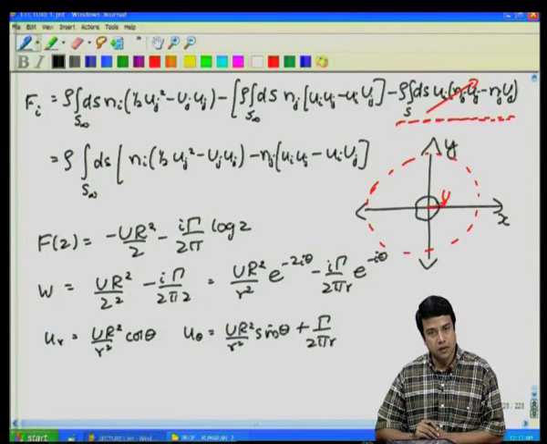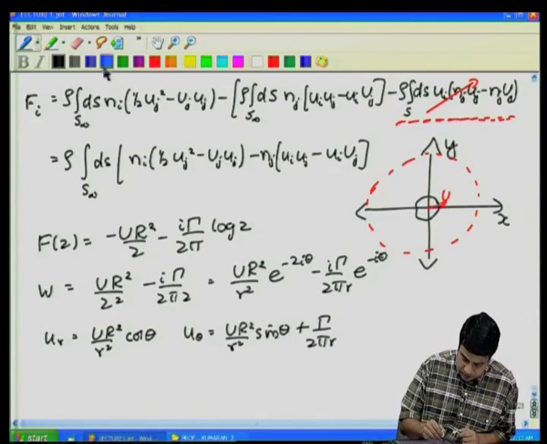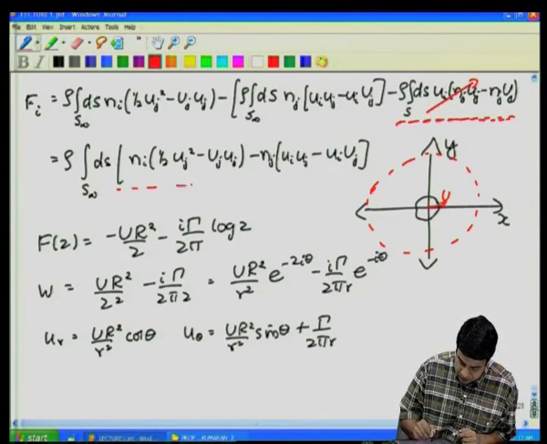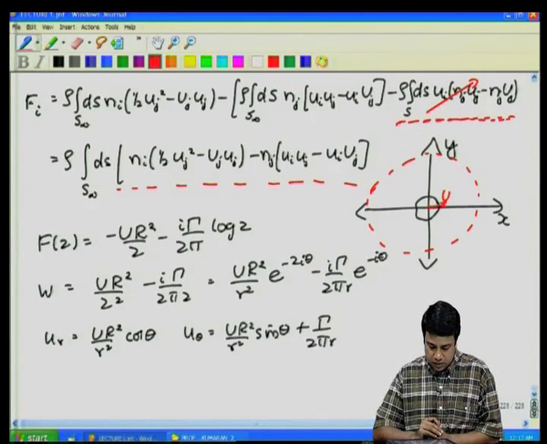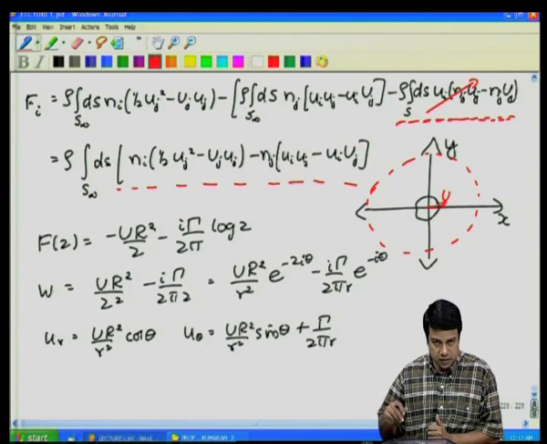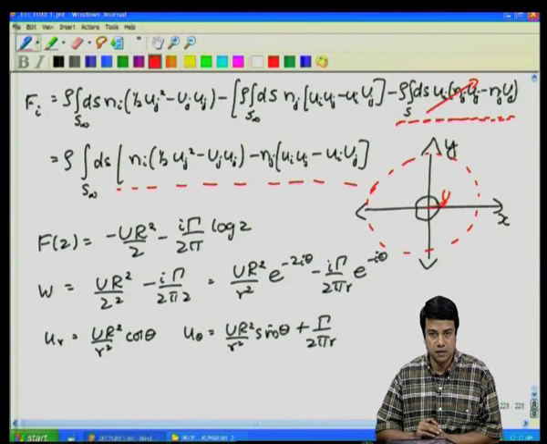You have to insert this into this expression in order to find out how the force varies. Clearly, the surface area far away, in 2 dimensions, the surface, as I told you, is just a line. The length of that perimeter far away increases proportional to r. Therefore, I will get a non-zero contribution to the force only due to velocity contributions which go as 1